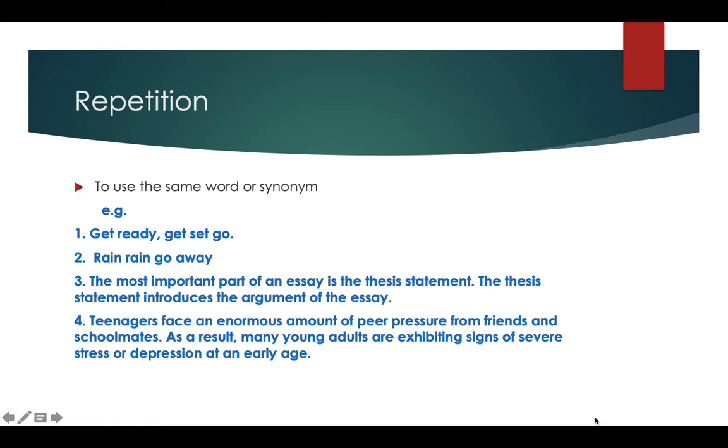Then example number four: teenagers face an enormous amount of peer pressure from friends and schoolmates. As a result, many young adults are exhibiting signs of fear, stress, or depression at an early age. So here, the repetition is created by using synonyms. The word teenagers in the next sentence is replaced by many young adults. And this is just to create variety as well.